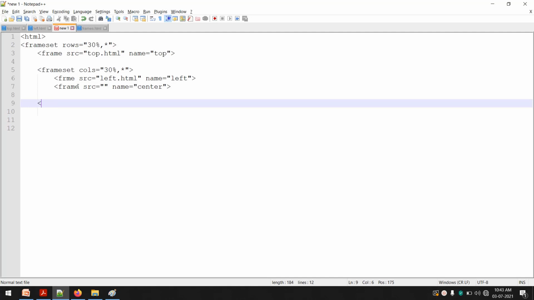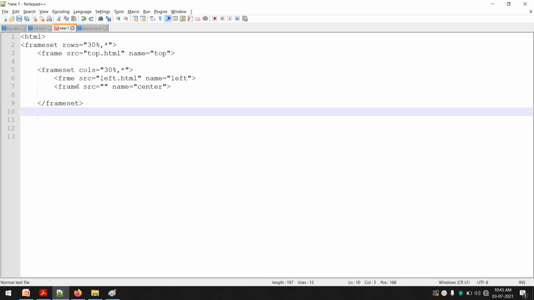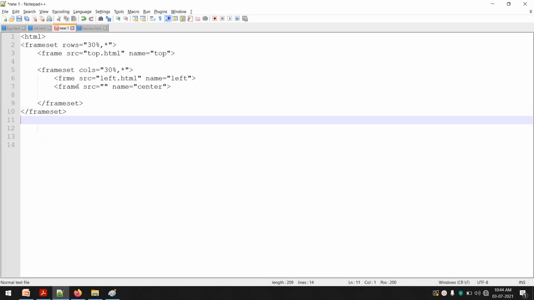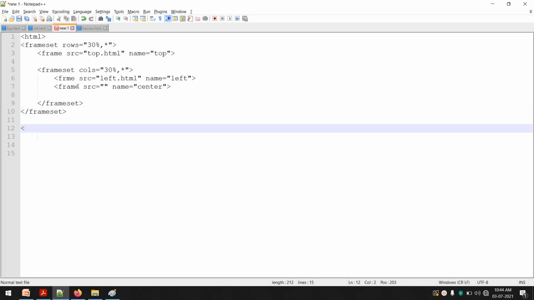I'll close the frameset, the inner frameset. This is closed, and then we will close the outer frameset. That is also closed, and lastly we will close HTML. Okay, we have created our frameset now. I'll just save it.